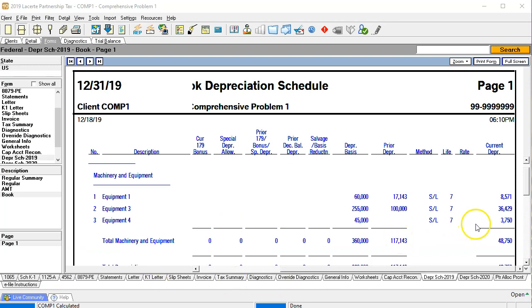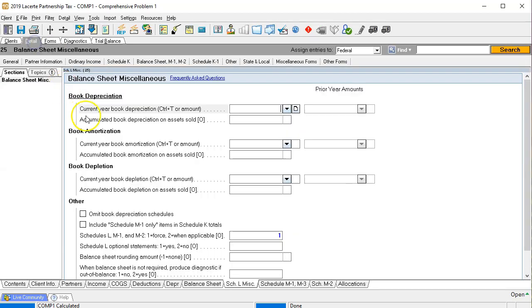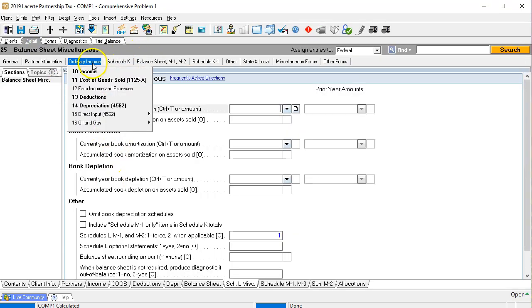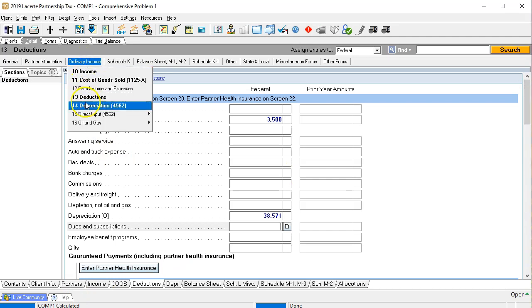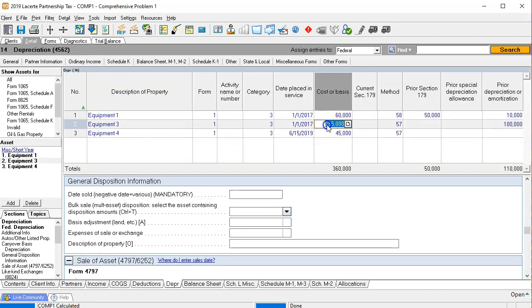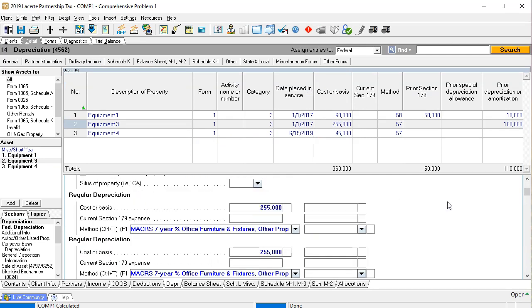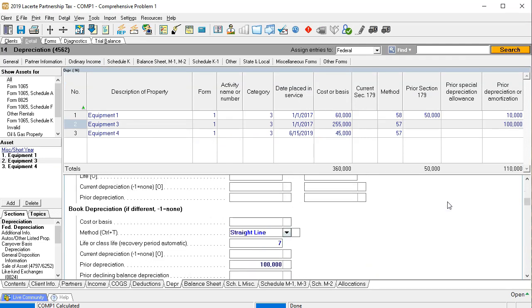Before we push forward, we're going to make one more adjustment. We're going to say the depreciation schedules from the client here, this number is going to be slightly different. So I'm going to adjust the current year depreciation related to this 255,000 from the 36,429 to the 28,571. So to do that, I'm going to go back over to the data. I'm going to go into the depreciation schedule. So we're going to go to the depreciation. We're going to the depreciation, and I'm going to pick up the item of the 255 and then scroll down,